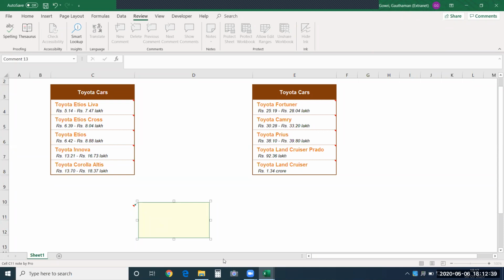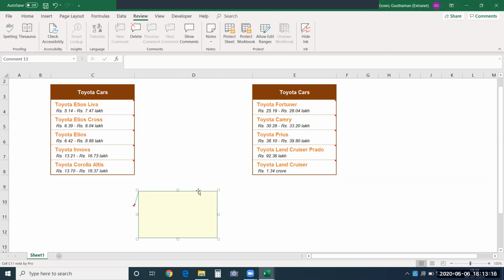Once you have drawn this comment box, it is selected in such a way that the cursor is blinking inside. If you select it on the edges of the sizing handles, these small squares that you see here, they are known as sizing handles to increase or decrease the size of the comment. Now just near to that, click on it. This cross-headed arrow will appear. Just click on it. Now you can see the cursor is not blinking. This is essential. This is how you have to select in order to get those options.